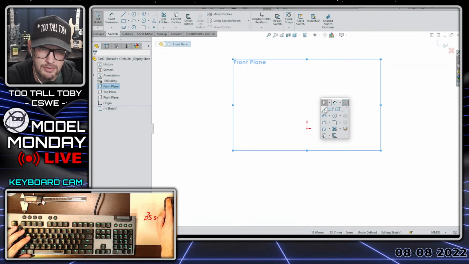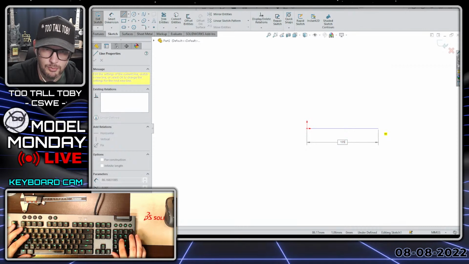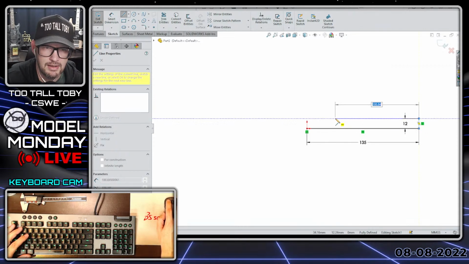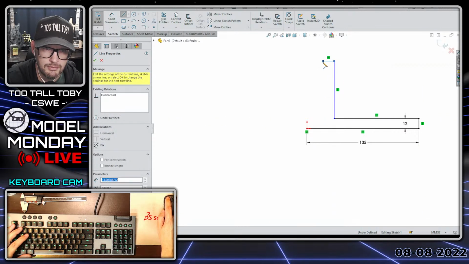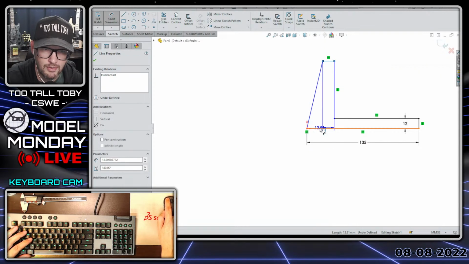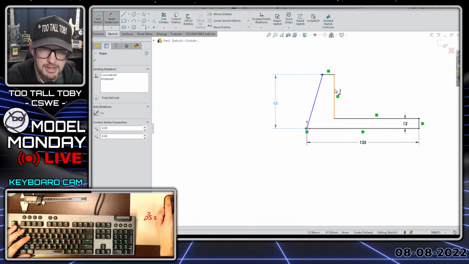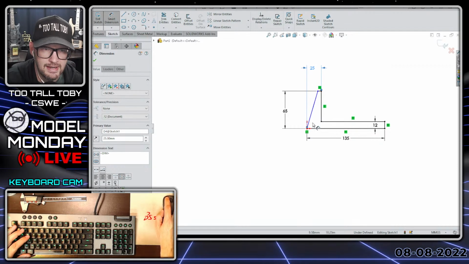begin to sketch, orient my view, and I'm going to start out at this point here and create a line that comes over at a distance of 135, and then a line that comes up here at a distance of 12. You can see how using these auto dimensions can really save you a lot of time. And then I'm going to come over and down like so, and then I'm going to add in my overall height here, which is 65, my distance from here to this flat spot, which is 25, and then finally the